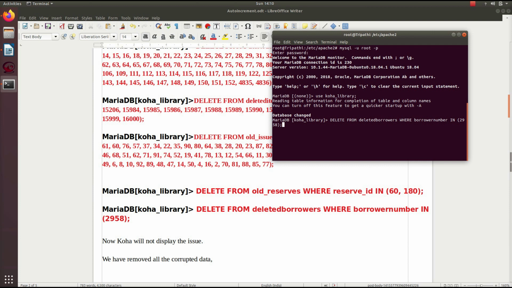What it will do is remove that incorrect data from the database and your problem will be solved.